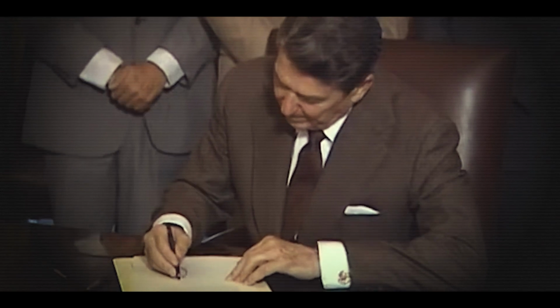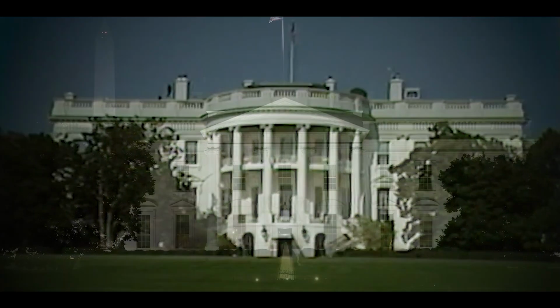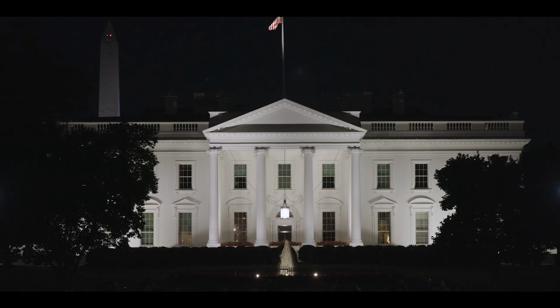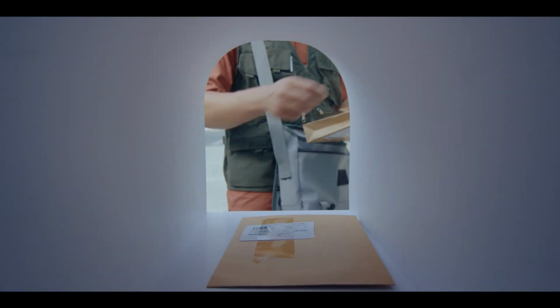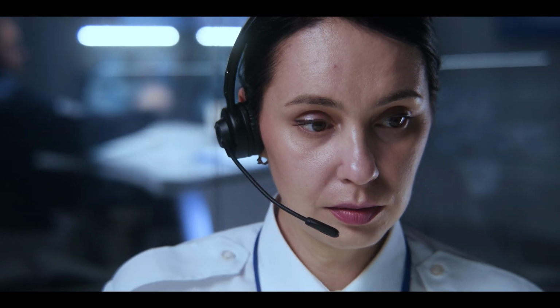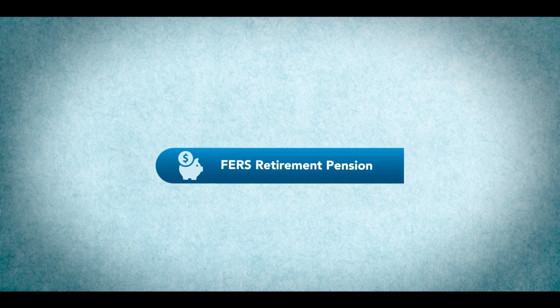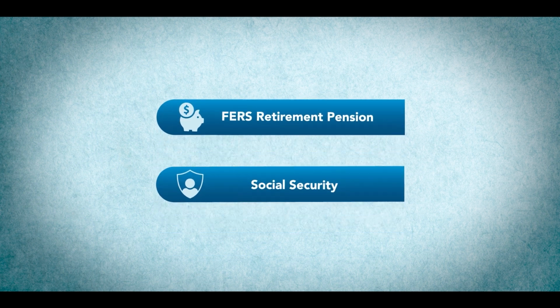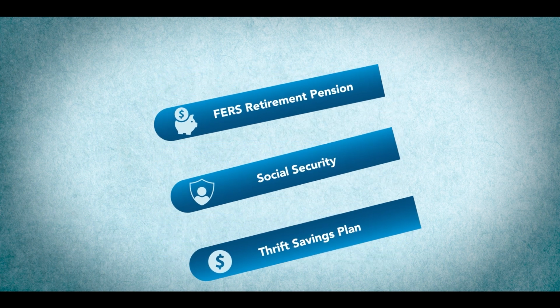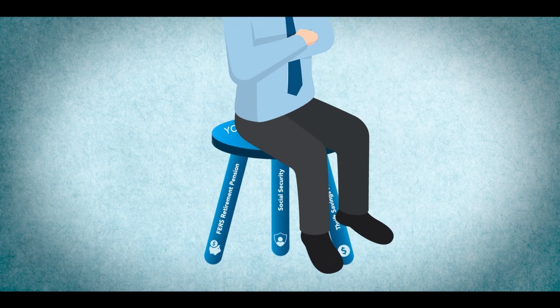President Reagan signed into law the Federal Employees Retirement Act on June 5, 1986. The new retirement system was created to replace the Civil Service Retirement Act of 1920 and to help align federal retirement benefits with those in the private sector. The FERS retirement system is made up of three major parts: a basic benefit plan or annuity, Social Security, and a thrift savings plan. These three components work together to help give federal employees a strong financial foundation for their